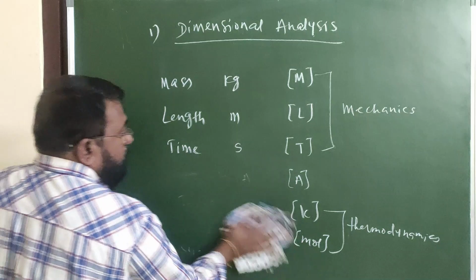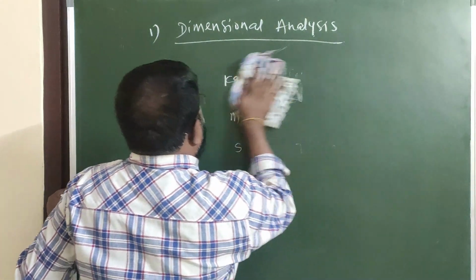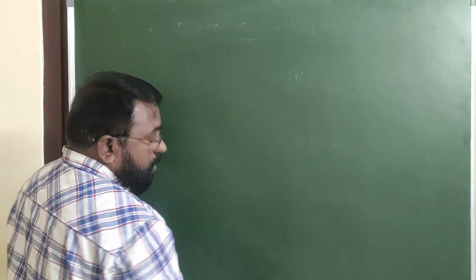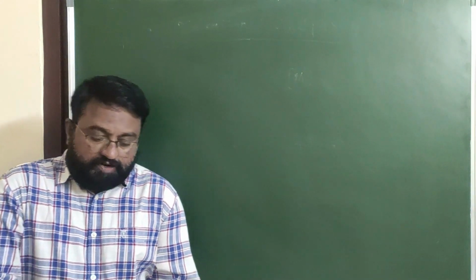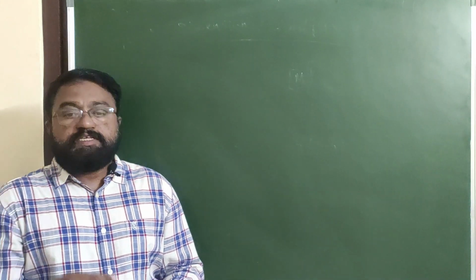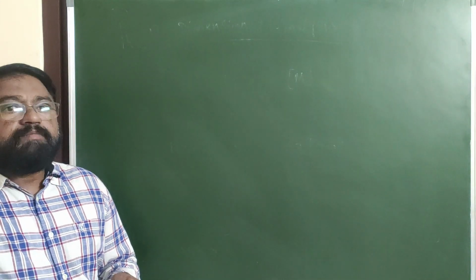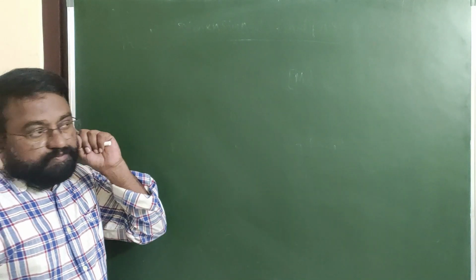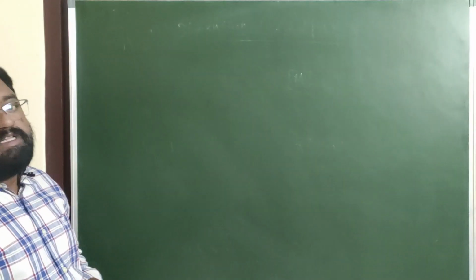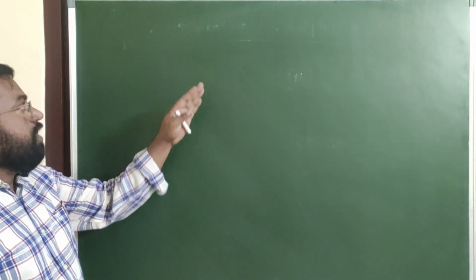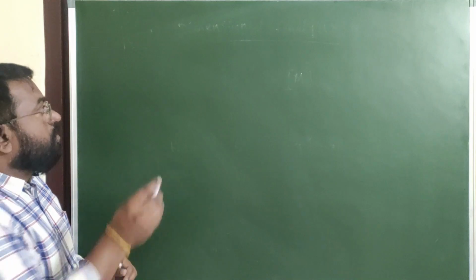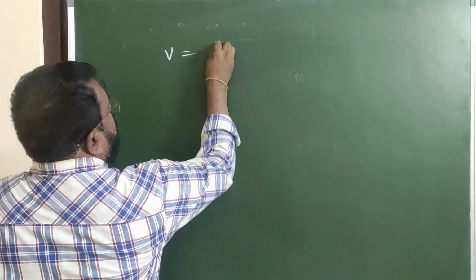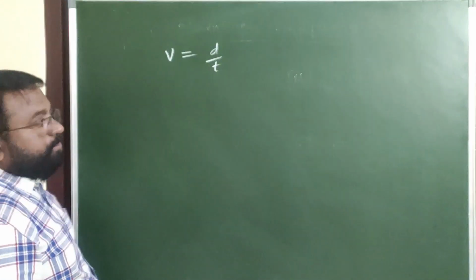See, another important thing, derived physical quantities. So here there are a number of derived physical quantities. For the dimensional formula, you don't need to remember it, I can derive it from the formula. Derived physical quantities depend on the fundamental physical quantities. These are derived from fundamental physical quantities. For example, velocity. Velocity is equal to distance by time.